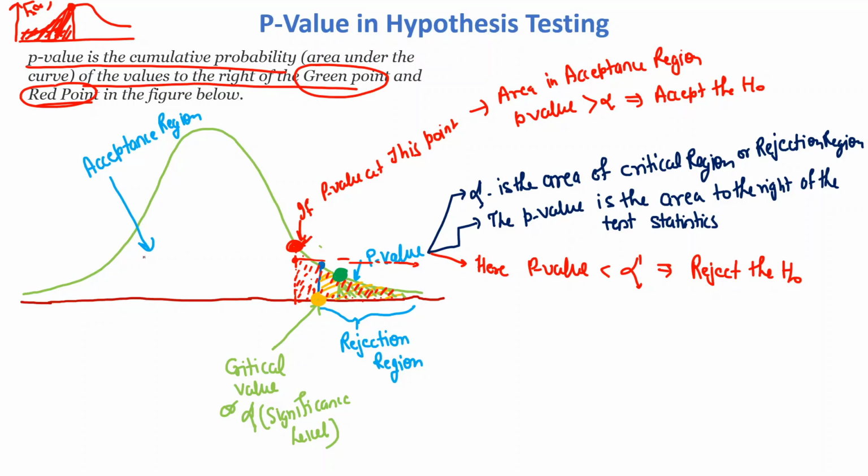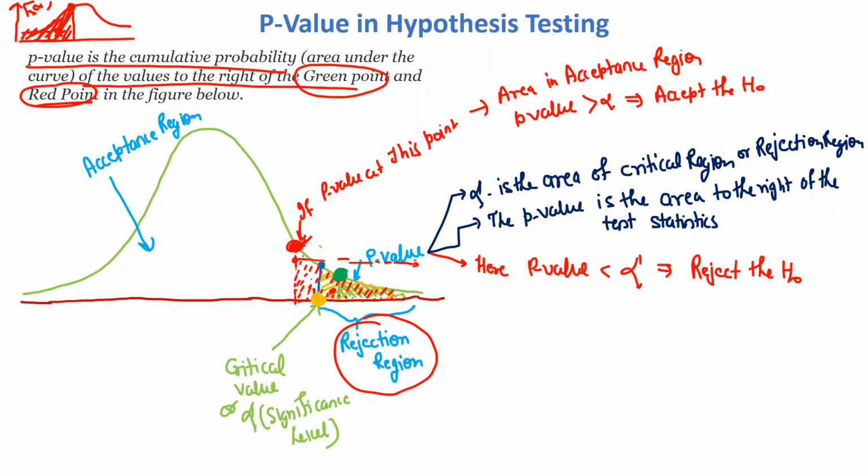So in this diagram there are two regions. Let's say this yellow dot is your critical value. If any test statistic comes on the left side of this critical value, then our null hypothesis will be accepted. If any statistic comes towards the right of this point, it lies inside the rejection region. Let's say our test statistic comes at this particular point, so it is under the rejection region, and we can say that our null hypothesis will be rejected.